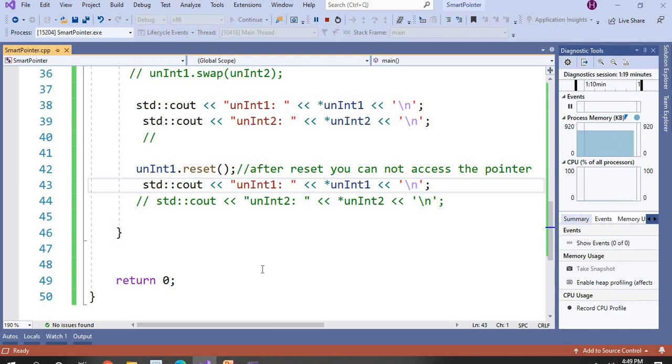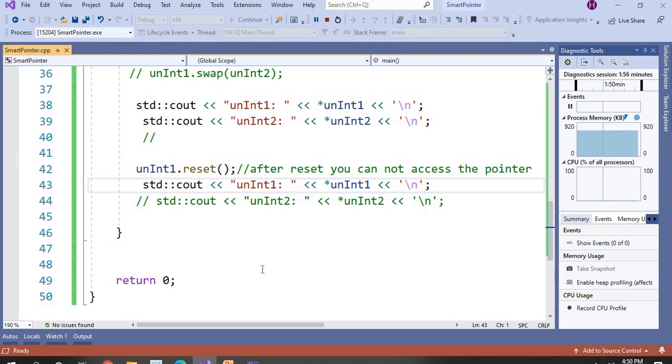Third, you can use the move function with a unique pointer to transfer its ownership. There is one more functionality, swap: you can swap both unique pointer objects. And if you want to explicitly delete a unique pointer, you need to use reset, which will release the memory of the unique pointer explicitly.